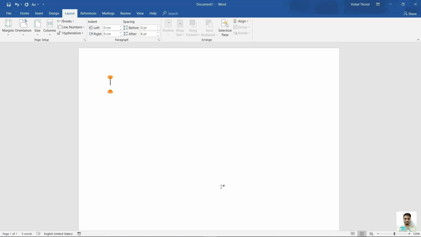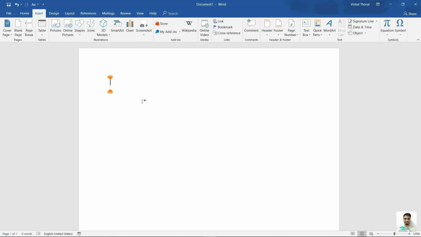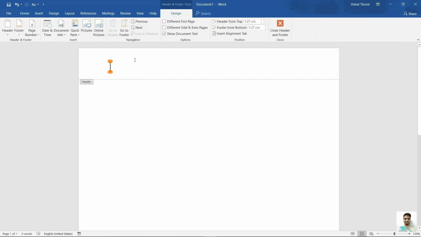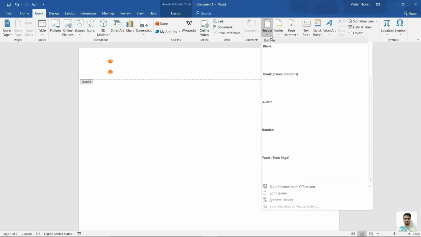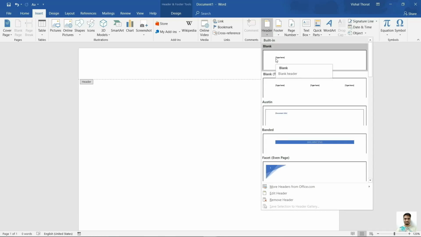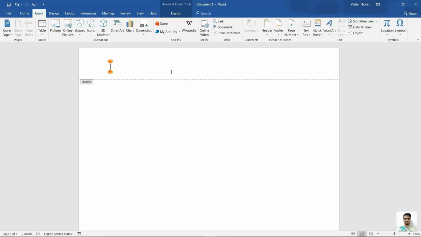The next thing that you need to do is to insert a header. To do that, double click on the top section of the page, or you can activate header from the Insert tab. Choose Header and insert blank header. Here you need to take an important decision, that is, in what type and size of font you wish to write your entire paper.